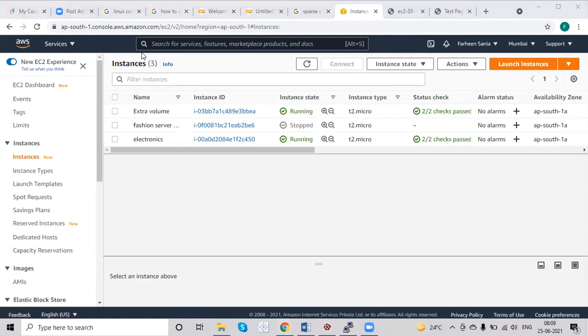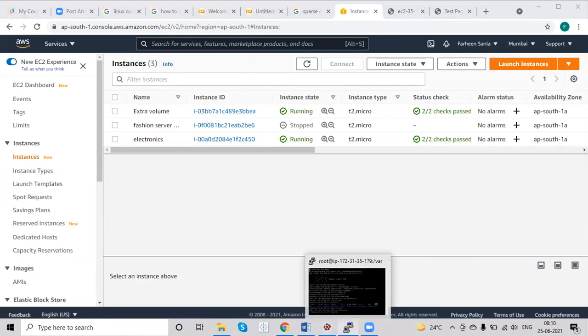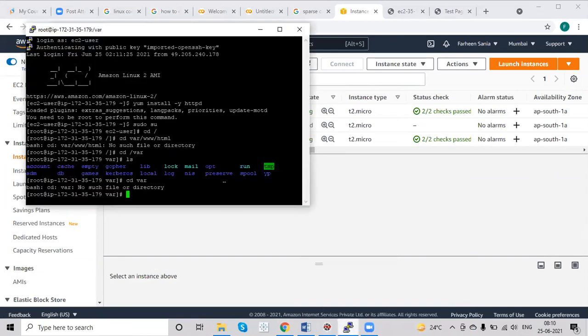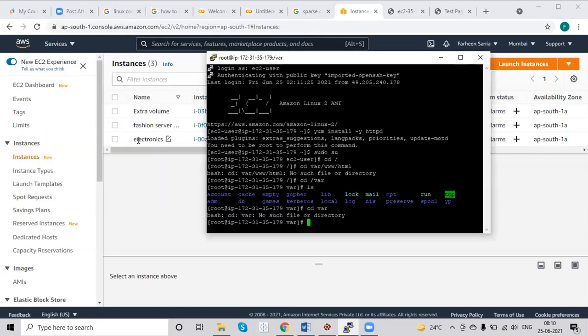Yes. You have your extra volume and electronics running. So which one is this? Electronics, okay.